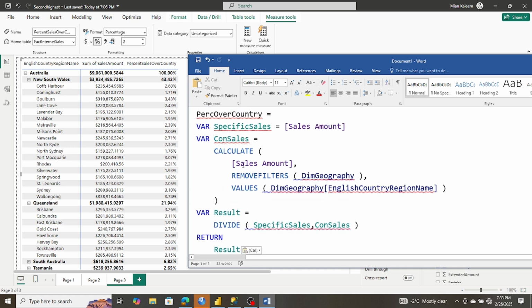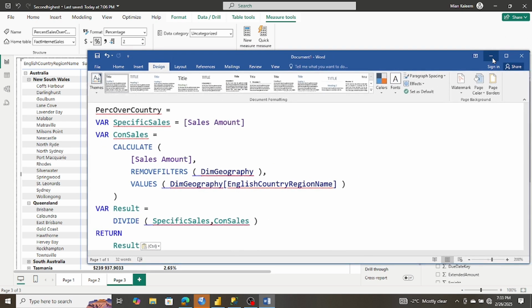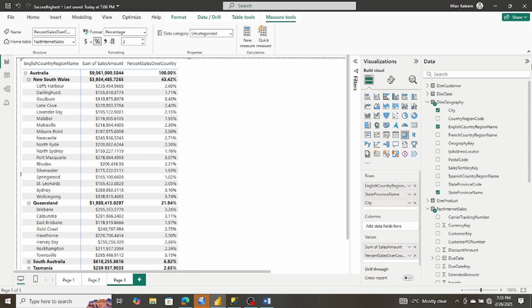So that's how this measure works, and it's very useful in various scenarios where we have to drill down to various levels to show the percentage of sales from city to country, province to country, and so on. So I hope this video will be useful, and if there are some questions or queries, please